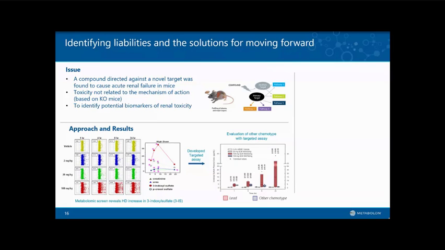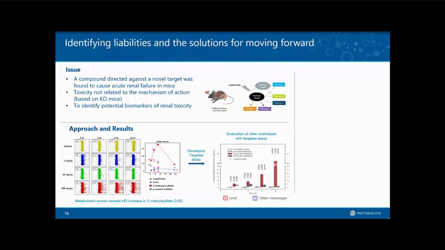So with this finding, they were able to functionalize it in a practical way by developing a targeted assay of just this molecule and then screening other chemotypes. Shown on the graph on the right here is the result of that, where you can see the original compound in red that was showing the toxic effects.